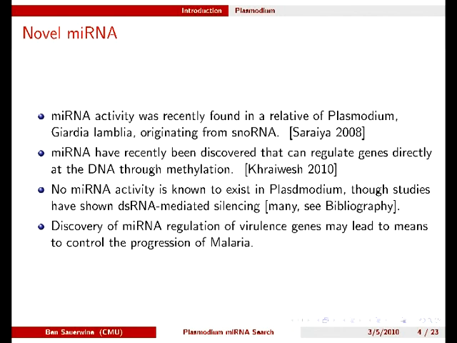This happens by DNA methylation, which depends on the ratio of the microRNA and its target RNA while bypassing the Dicer-dependent dsRNA cleavage. So far, while snoRNAs have been identified in Plasmodium, none of the required proteins, Argonaute or Dicer, are known. However, if we could find microRNA originating in Plasmodium's snoRNA with targets on virulence genes, it could yield means to control the progression of malaria.